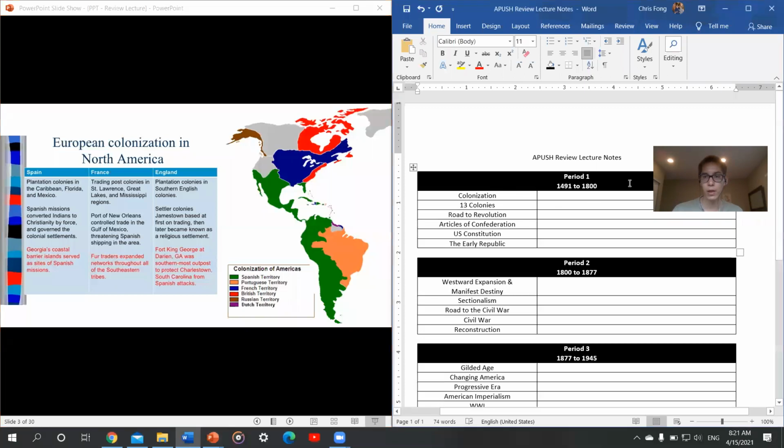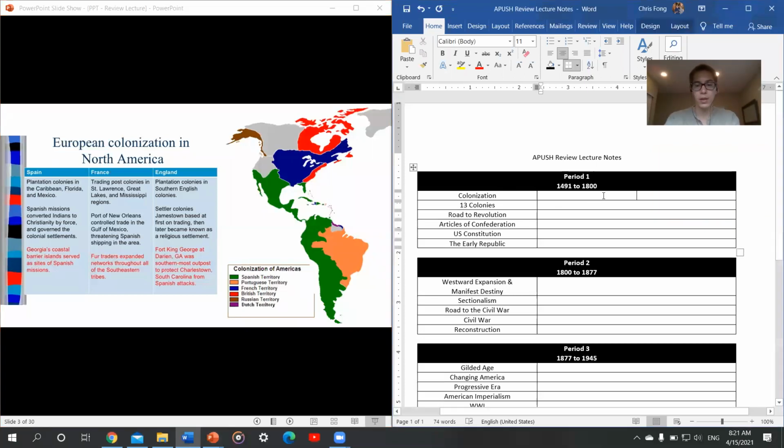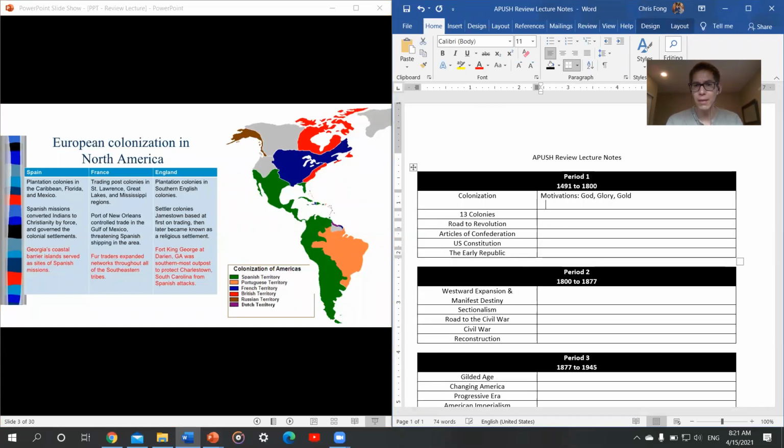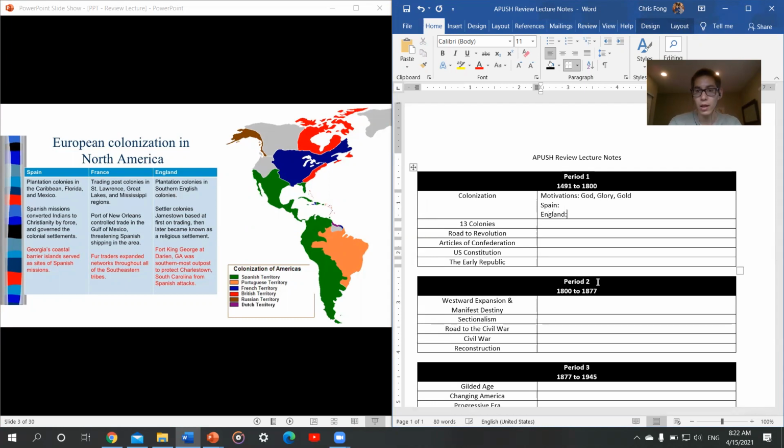You might want to remember for colonization the motivations of the 3 Gs: God, glory, and gold. And oftentimes there's an interesting conversation of which one actually motivated these people more. For the Spanish, well, you could make an argument for any of them. I might say that the Spaniards were motivated more by gold. For England, a little bit of gold, a little bit of God, because when we dig into these 2 different